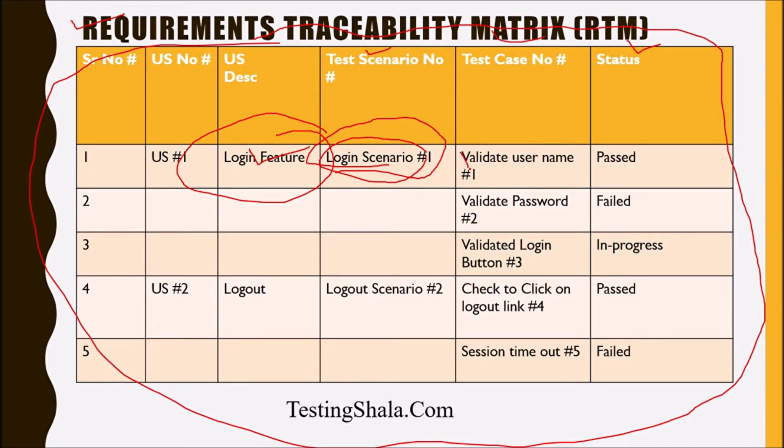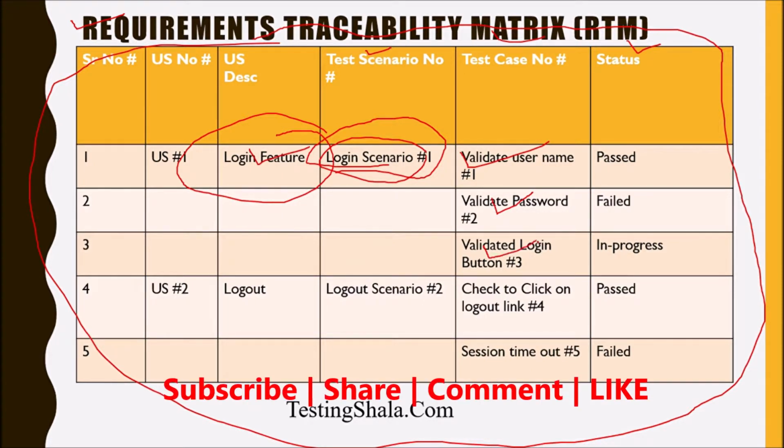One is to validate the username, second is to validate your password, validate the login button, and click on the login button. Various test cases can be further detailed out, and we are going to give all the details of test case numbers here, and also the status of each test here,